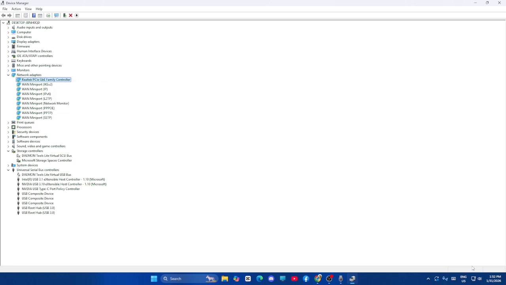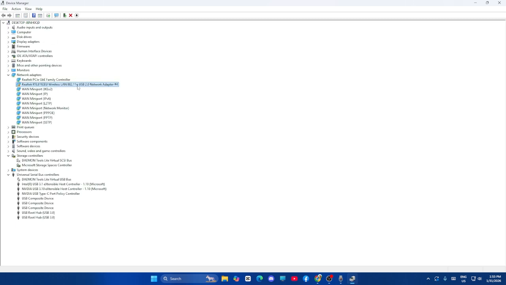For me right now, I haven't connected to any Wi-Fi adapter over here, because I have just connected to the Ethernet. So just wait a moment, I'm connecting a Wi-Fi adapter right now. So guys, once you connect the Wi-Fi adapter, or if the Wi-Fi adapter is there, you can find it here. This is my Wi-Fi adapter. I have to right click,